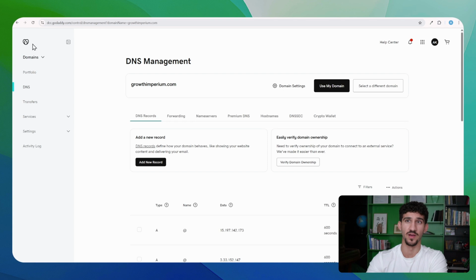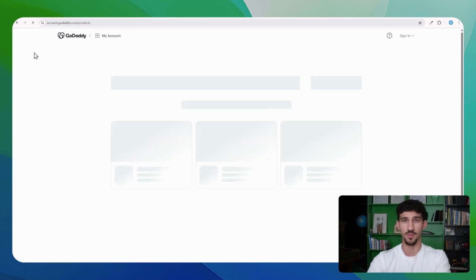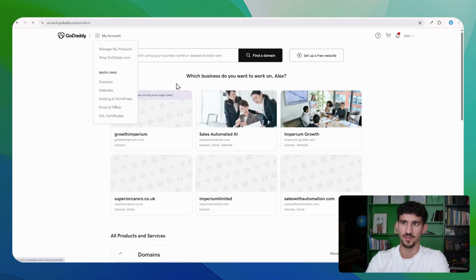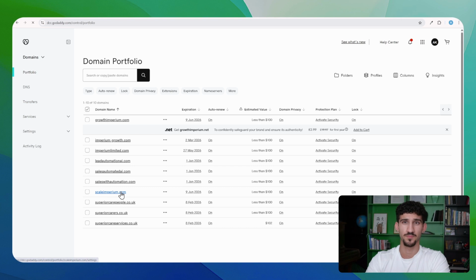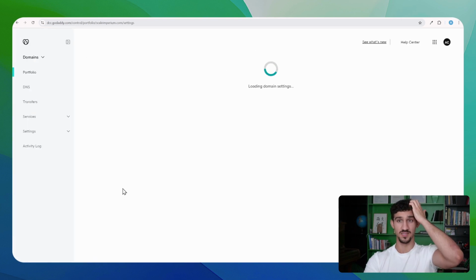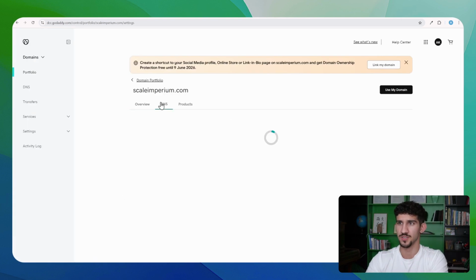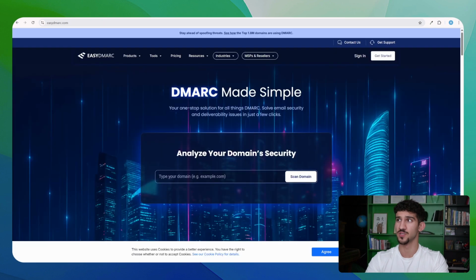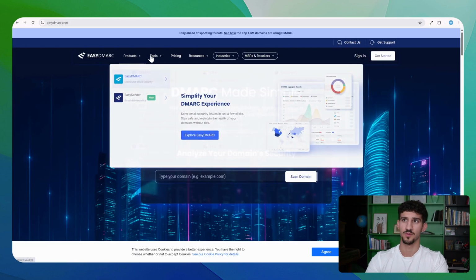Now let's head on over and set up the 3 Microsoft inboxes, because we've already purchased 3 Microsoft licenses, and we can do all of that stuff over in GoDaddy here. We go to my account, we go to domains, and then we go to the one we've just purchased. This is the one we bought 3 Microsoft licenses for. Then what we need to do, so every single domain you purchase, you're going to have to do this whole process for. Now, we need to create a new record, so we head on over to EasyDMARC, go to Tools,